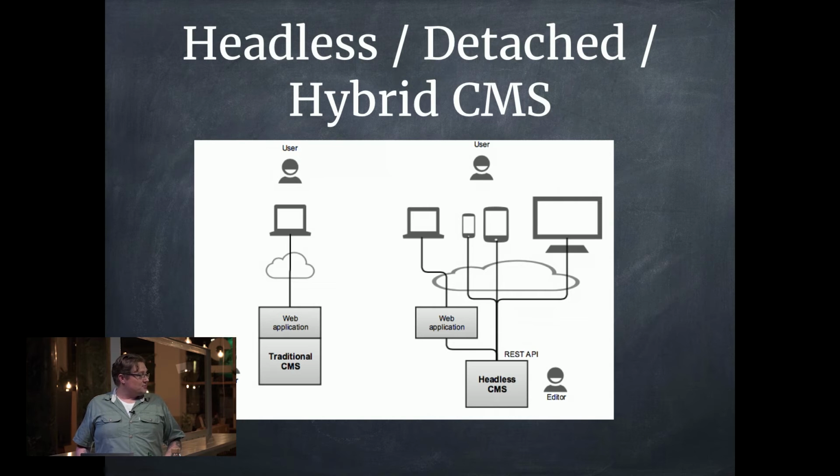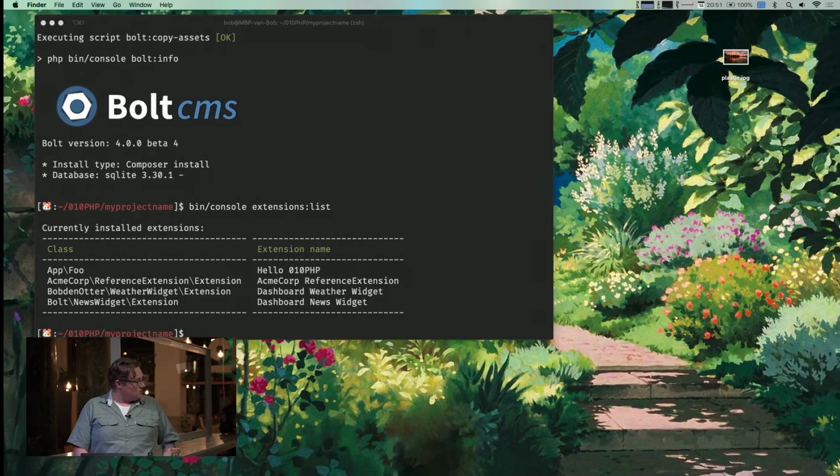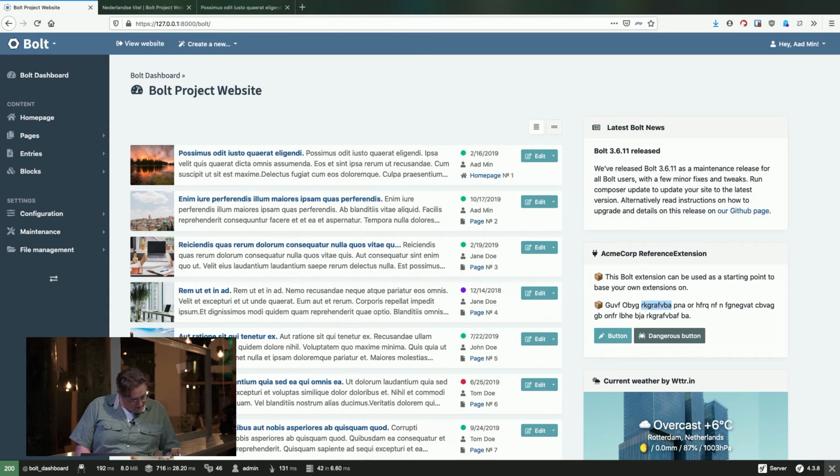Of course, it also has a bunch of disadvantages. It's a bit more work to set up, and making things interactive is also a bit more involved. So basically, you should make a well-informed decision if you decide to use something like this. If you want to do it, you can though, and I'm just going to briefly show you. If you go back to Bolt,